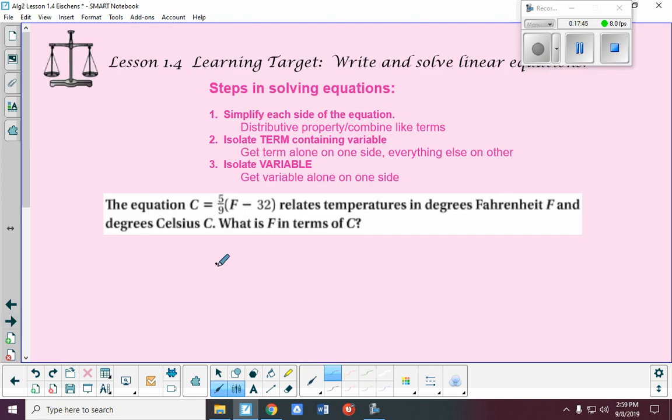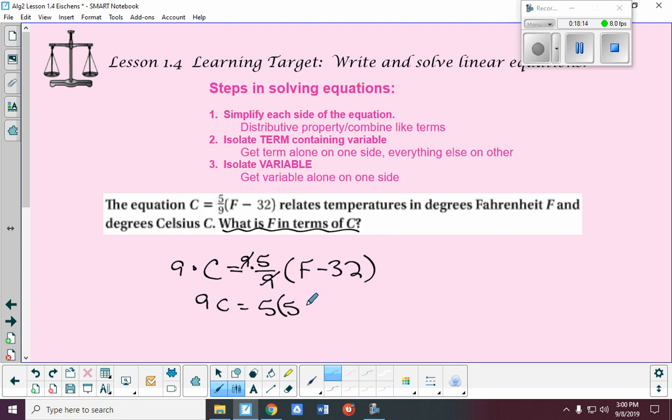All right, Celsius is equal to 5/9 the Fahrenheit temperature minus 32. We need to, what is F in terms of C? So we're going to solve for F. Now you have 5/9 times all of this. So in this problem, again, you have that fraction going on. Let's just get rid of that fraction. Multiply by whatever is in the denominator. So you have 9C equals